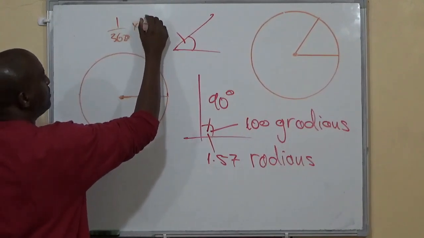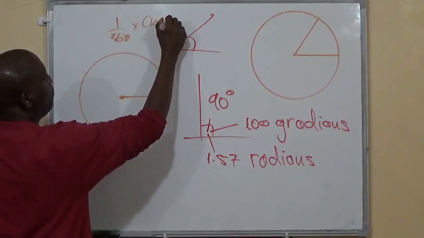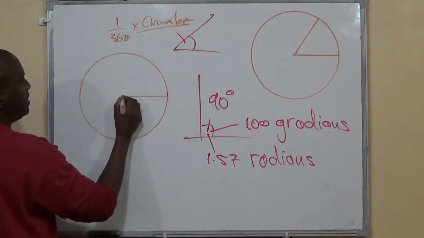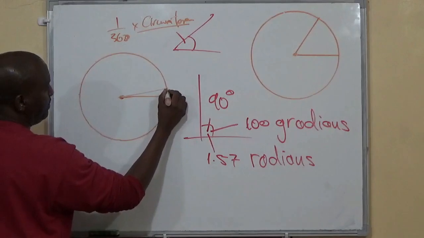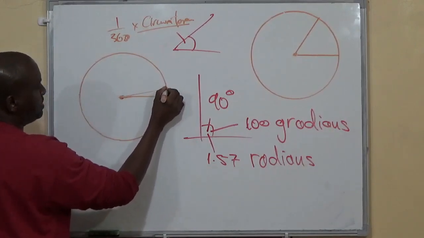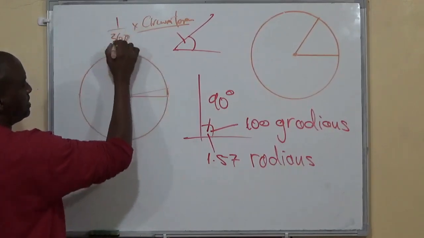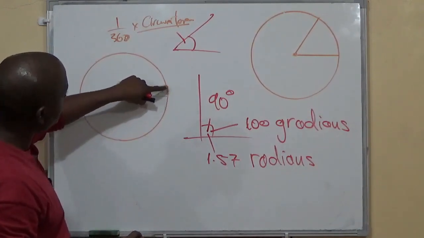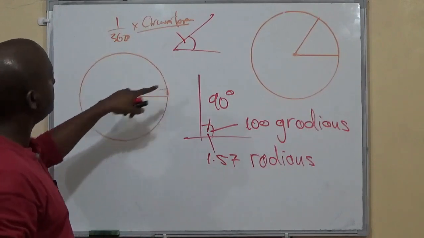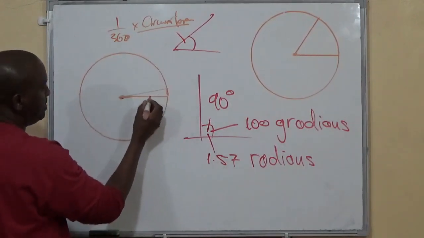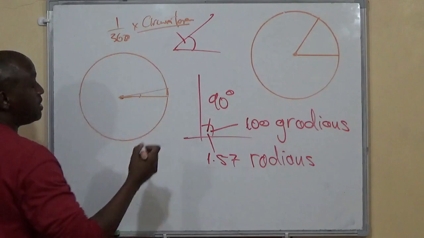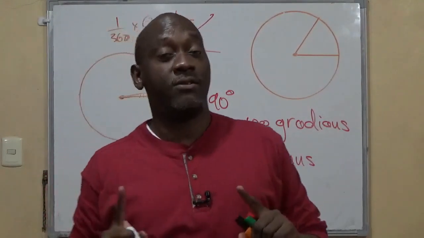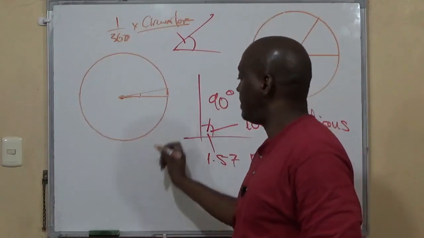160 times 1 over 360, or 1/360th of the circumference. That is what will give you a degree at the center. So if this arc is 1 over 360 of the entire circumference, then this angle is 1 degree. So what it means is that if the circumference of your circle, let us say for the sake of